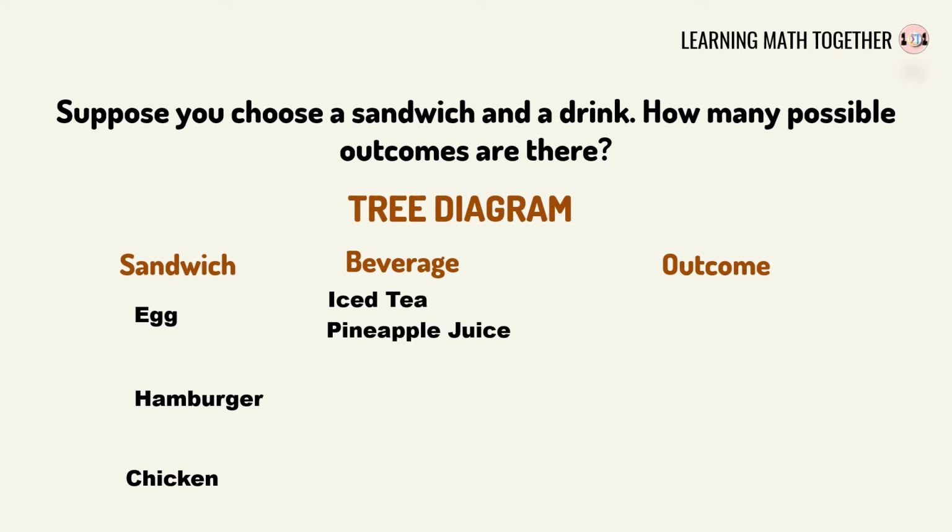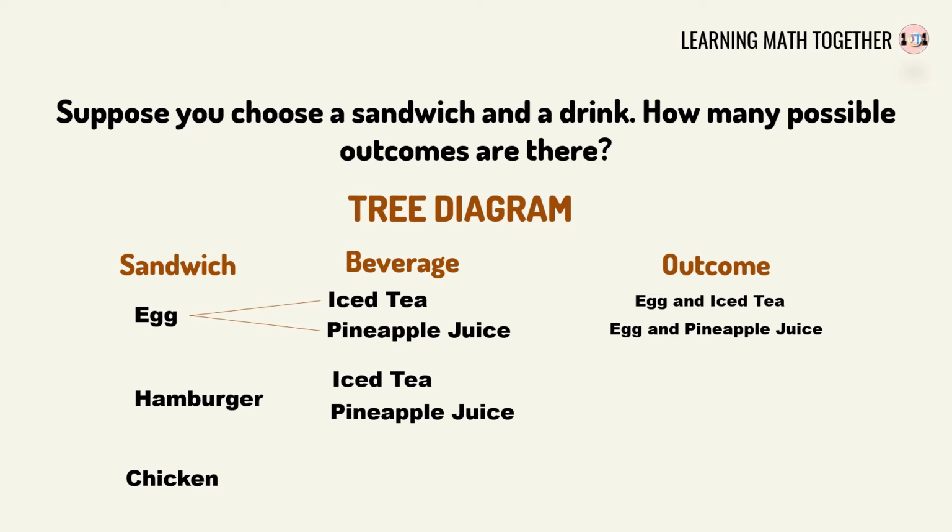So in choosing a sandwich and a beverage, we do this: egg plus iced tea. We have the outcome egg and iced tea. You can choose an egg sandwich and a pineapple juice. The outcome will be egg and pineapple juice. For the second choice of the sandwich, we have hamburger paired to an iced tea and pineapple juice. Let's combine them. Hamburger plus iced tea, we have an outcome hamburger and iced tea, and you can pair hamburger